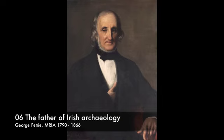And in fact, this reading room was originally built as the Academy's museum in 1852, although it's now used by the library. The glazed bookcases near the entrance door, they housed some of the museum exhibits, and the windows at ceiling level meant that the room could be lit from above without glare. Thanks to George Petrie's efforts, the Academy's museum acquired treasures like the Tara brooch and the Ardagh chalice and the